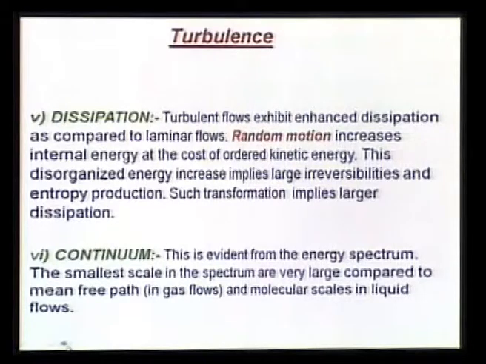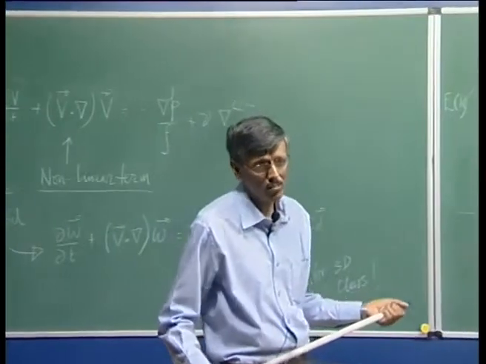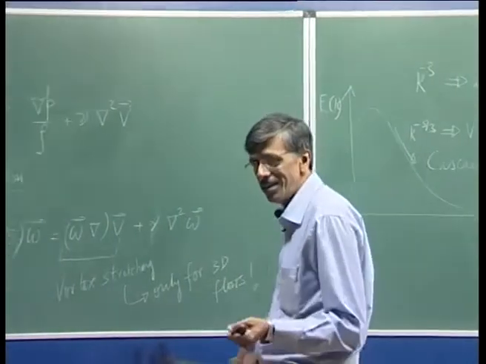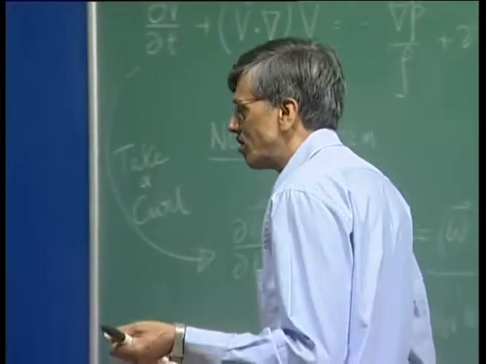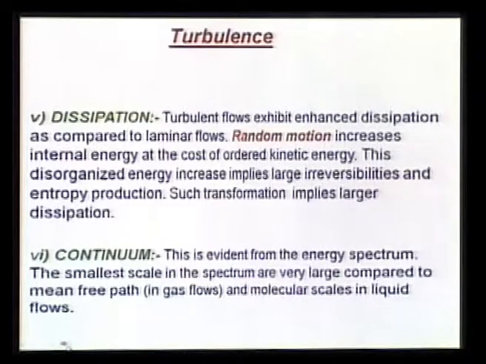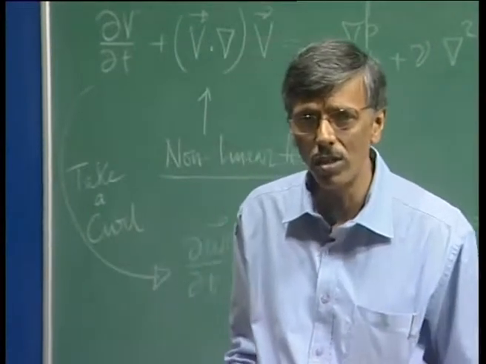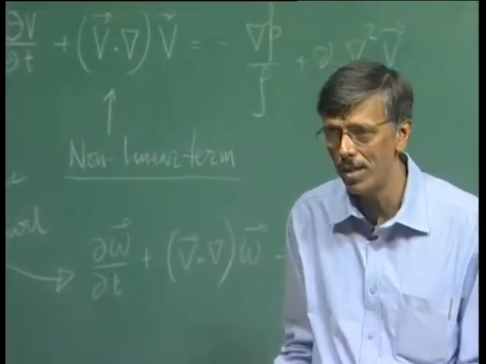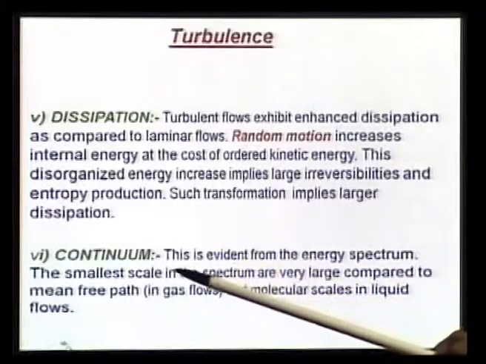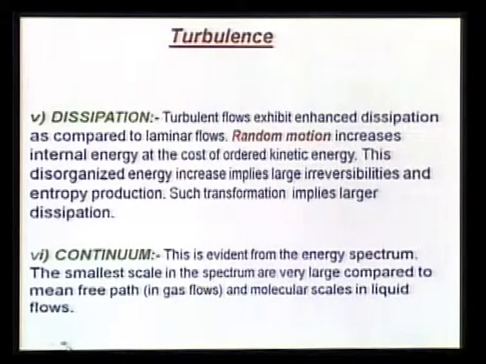Having said all of this, we have already emphasized this, turbulence occurs at macroscopic scale. Do not ever be deceived by thinking that it is a molecular phenomenon. It is not. So, what happens is you still view the flow as a continuum. You do not have to approach the study of turbulence by looking at microscopic level. So, you look at it as a macroscopic level, the flow is a continuum, and this